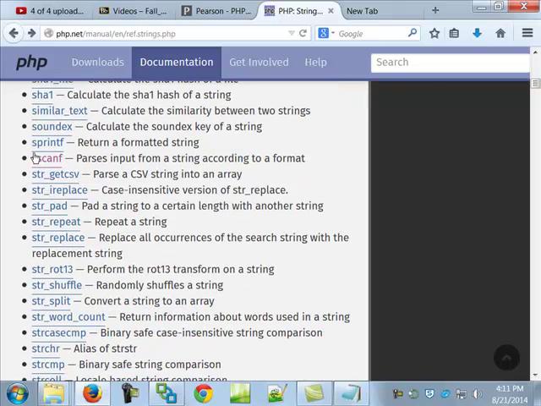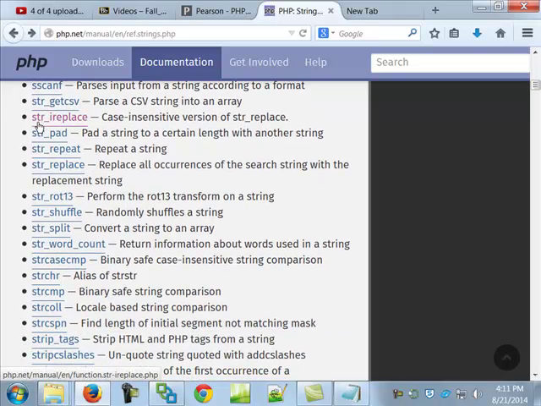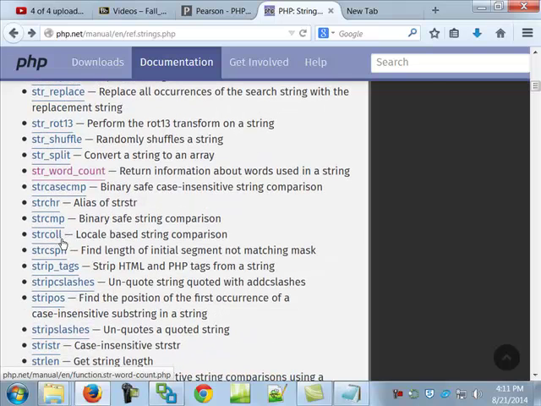Just like you can use scanf, there's an scanf in here. We'll get to it at a later time. There's a bunch of string functions. String replace, don't worry about case sensitivity. String repeat, all right, and there's a whole bunch of them that you can see in here. All right, this one, if you've never seen this, then shame on your instructor for not mentioning it to you, but